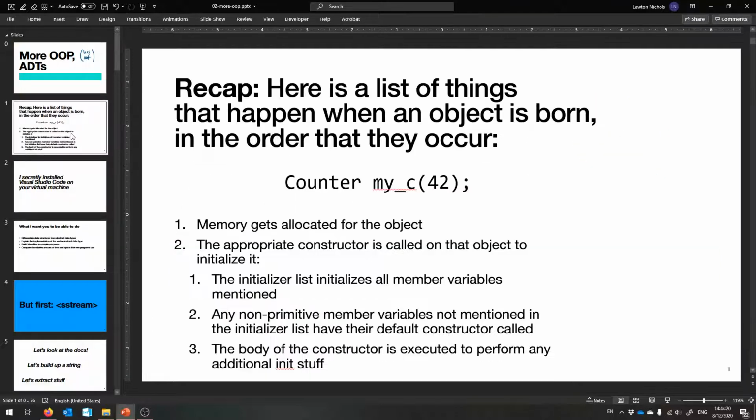Okay, so from last time we talked about constructors in detail, initialization lists. Let us go through all of the things that happen when an object is born, regardless of whether it's on the stack or the heap. Right now, let's just pretend it was the stack. This is a local variable called my_c. It is a counter. Okay, so the first thing that happens is memory gets allocated for that object. So in memory, in main's memory specifically,